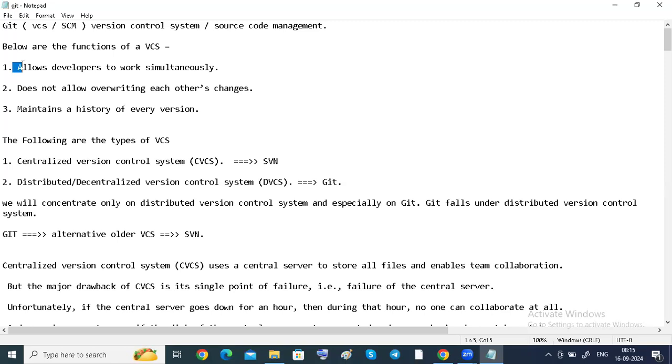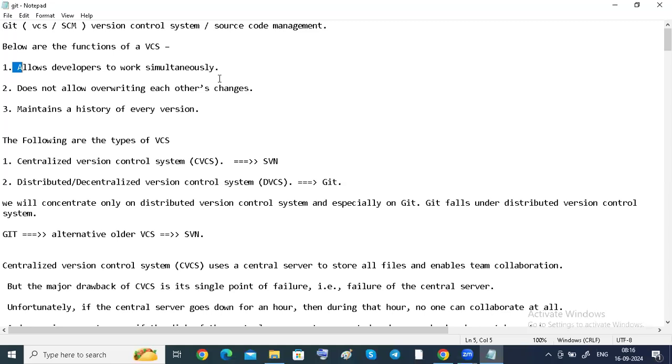If you are going to develop any application, there are a lot of developers, and at the same time they need to work to develop our applications. All developers work simultaneously, guys.